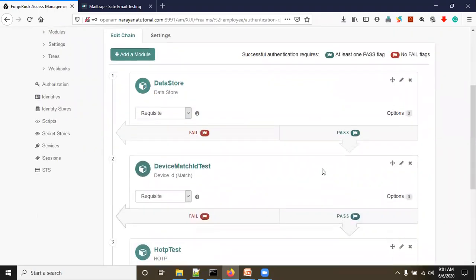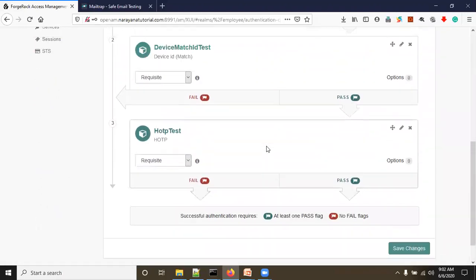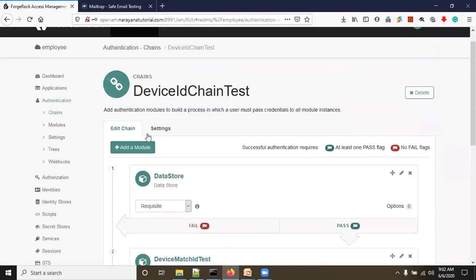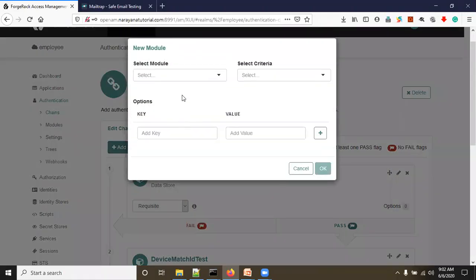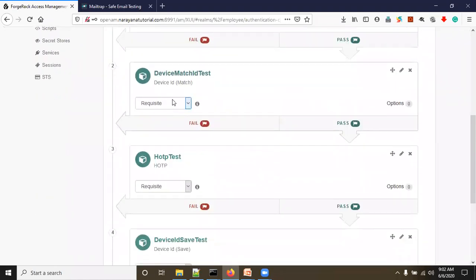OK. Now click on add module again. Here device save is required. Here you can change requisite to sufficient.